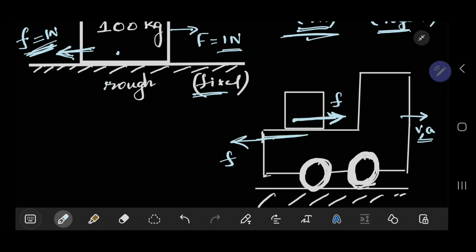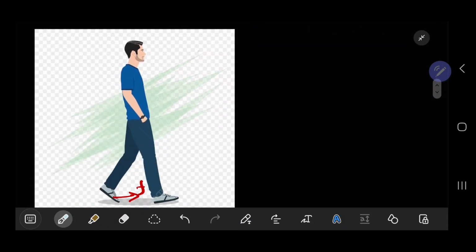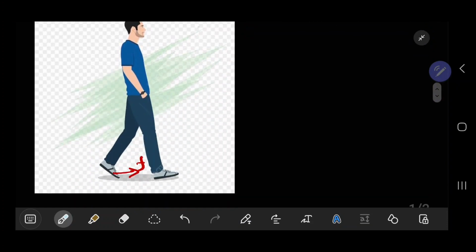Not just this case, a very practical example is us walking on a rough horizontal road. When you try to walk on a rough horizontal road, you are pushing the ground back, so you are exerting friction backward. So the ground is exerting frictional force on you forward. It is because of friction that you are able to walk or run. And here your foot is not slipping, there is no relative slipping. As long as it is in contact with the ground, the relative slipping is zero. So the static friction is acting between your foot and the ground, because of which you are able to walk,